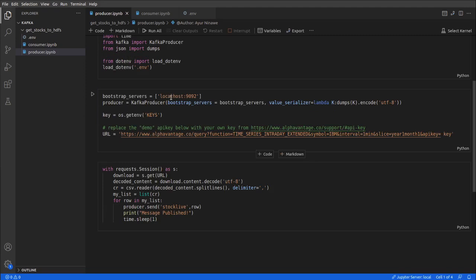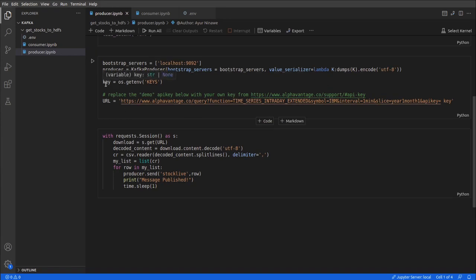First I am declaring bootstrap servers as localhost 9092, as I told you earlier. In this producer variable we are setting KafkaProducer and giving it the bootstrap servers. Then we are giving it a value serializer, which is nothing but a data serializer to dump our data.